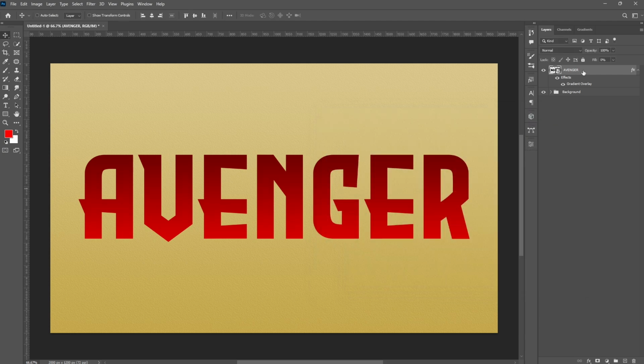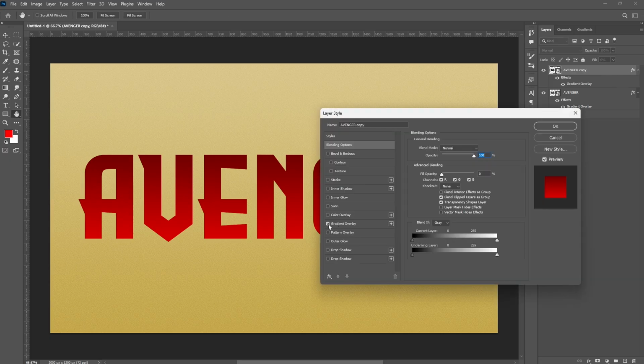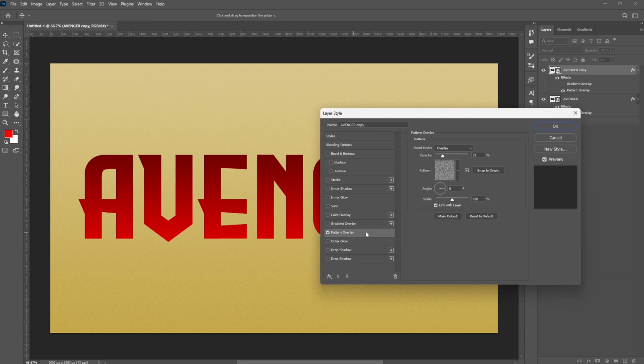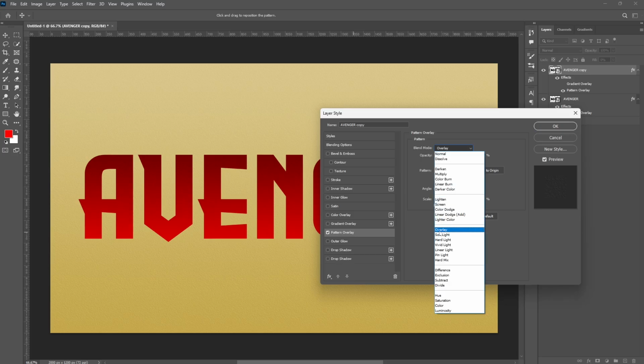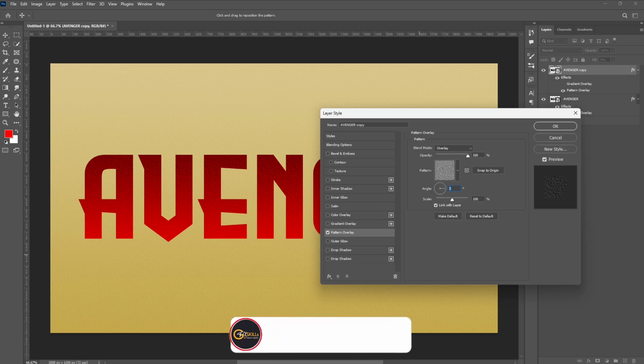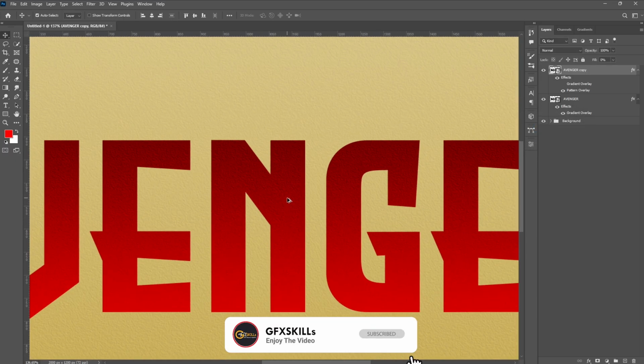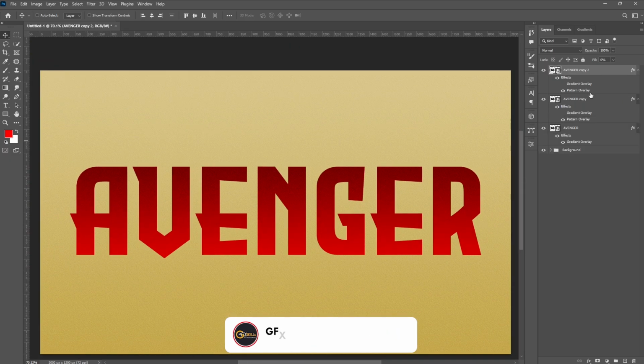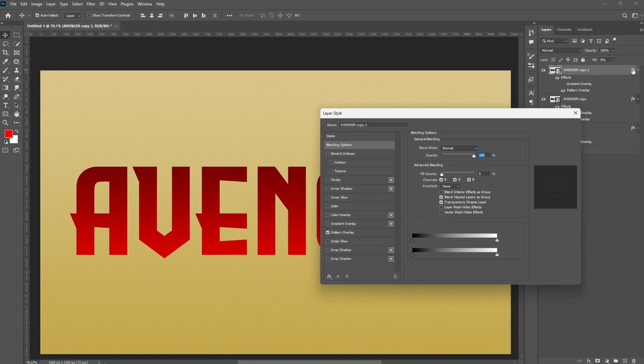Then press Ctrl J to copy the layer. Then double click on the right side of this text layer, uncheck gradient overlay and click on pattern overlay. Here select overlay in blend mode, set the opacity to 100. Here select the previous pattern, keep the angle value 0 and size value 50 and hit OK. Then press Ctrl J to copy, double click on the right side of the text layer, uncheck pattern overlay and